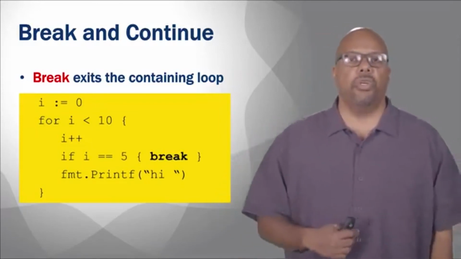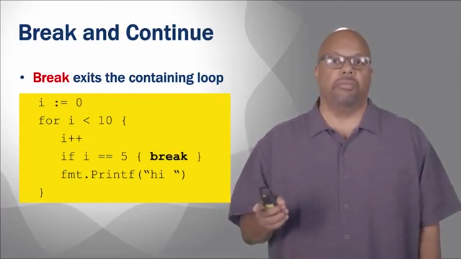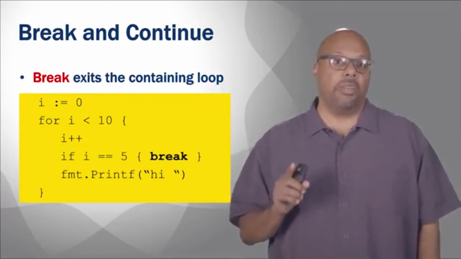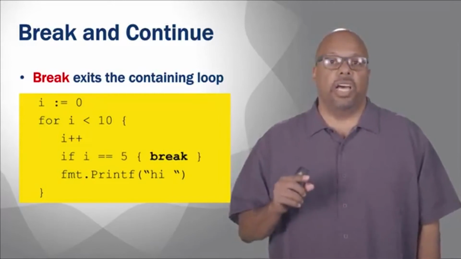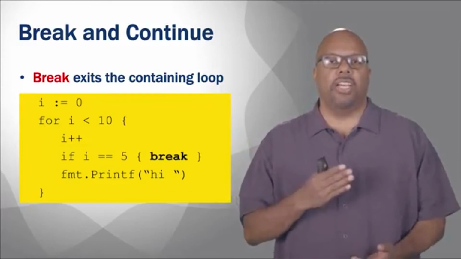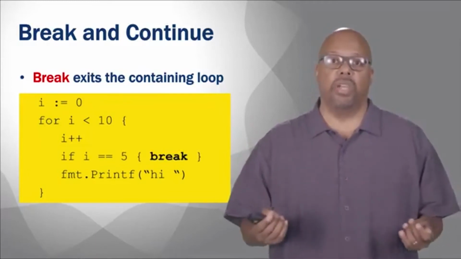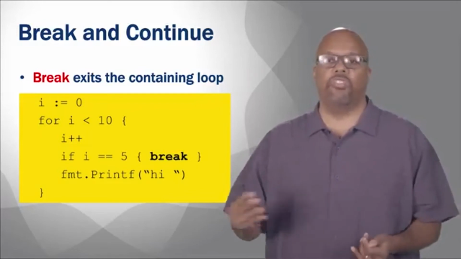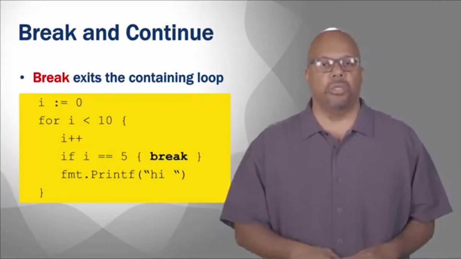But notice inside the loop, it says if x equals 5, then break. So if it hits that break, and it will in this case, it will exit the loop. So this will only execute for i equals 0, 1, 2, 3, 4, and 5. It'll go into the loop, and it'll hit the break on the 5th pass through the loop. So it won't finish the loop. Break just jumps out of whatever the containing loop is and quits the loop.